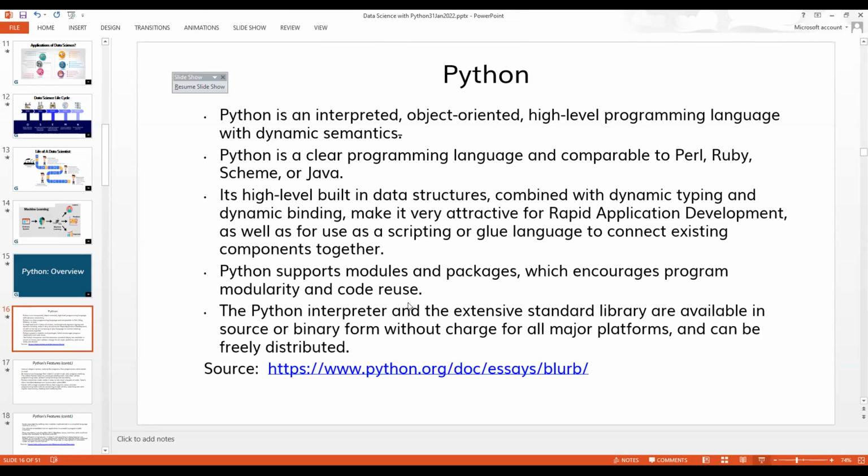It has high-level built-in data structures. We have quite a good number of advanced variable types in Python combined with dynamic typing and dynamic binding. Dynamic typing in the sense you can have a multi-person developer team attached to a single program or single object, and dynamic binding is compiled or interpreted on the fly. And then we can deploy something called rapid action development, RAID. That's what they call it normally. So it's RAID enabled. That's what it means basically.